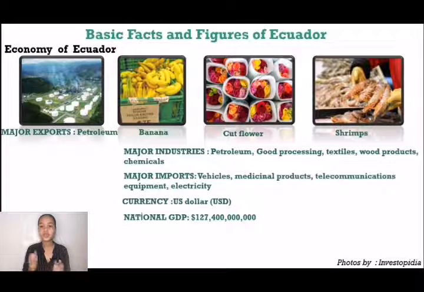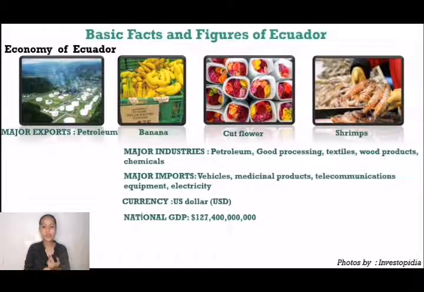Natural resources are petroleum, fish, timber, and hydropower.